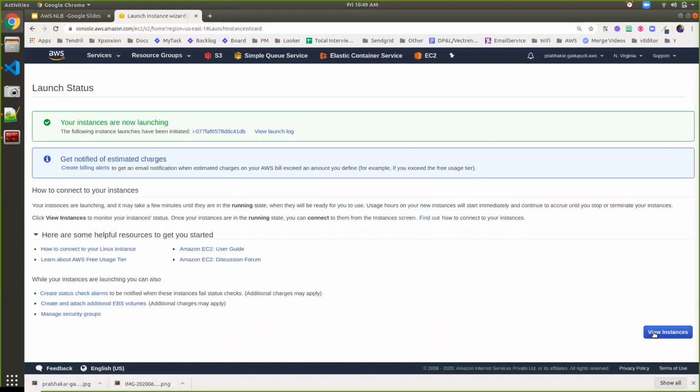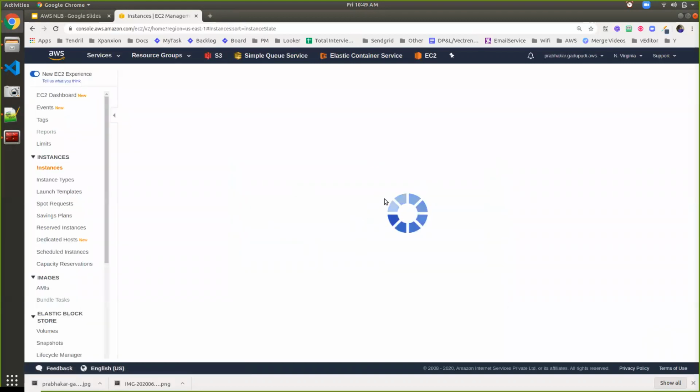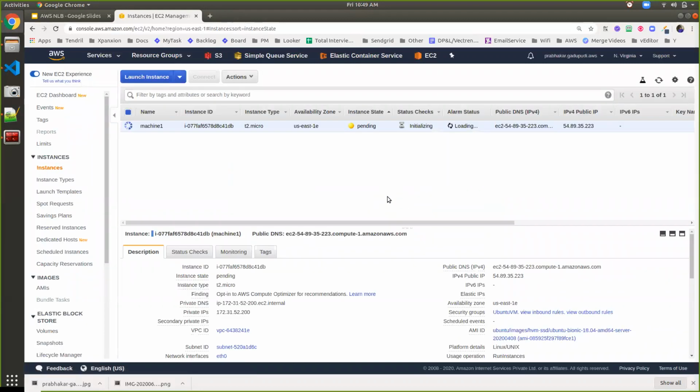It will take a couple of seconds to bring up the instance, and another couple of seconds for installing Apache and doing the required configuration. So by that time I will put the recording on pause. Now my instance is up and running. After clicking on the instance, you can find the public IPv4 address along with the public DNS. You can access the instance via the DNS entry as well as the IP.